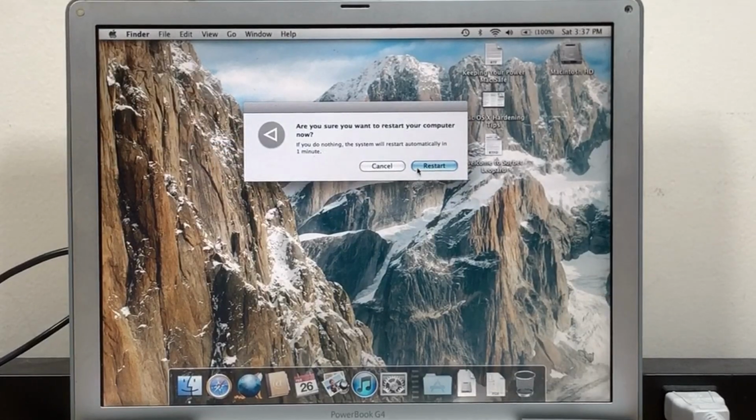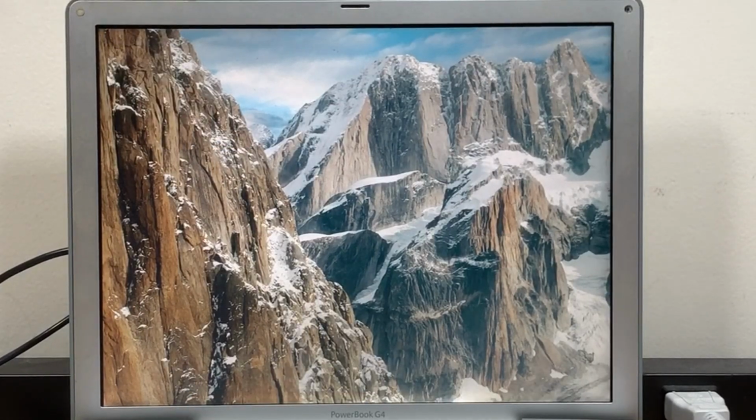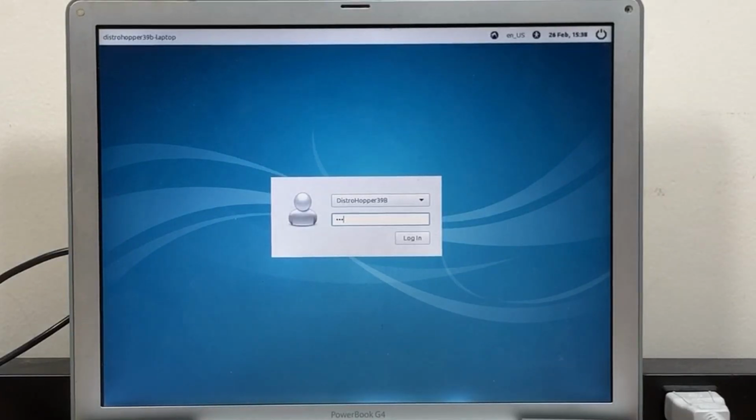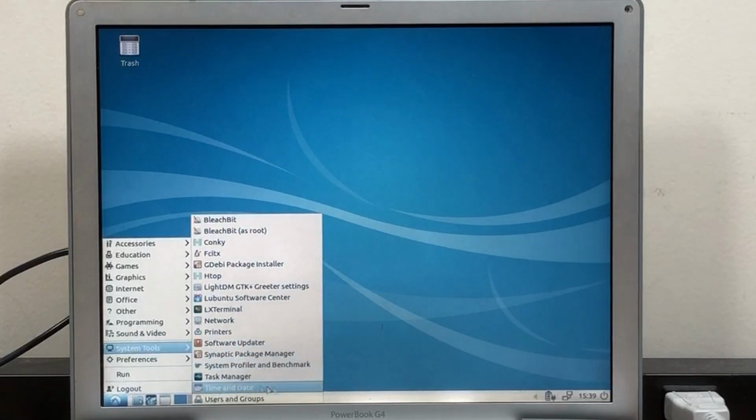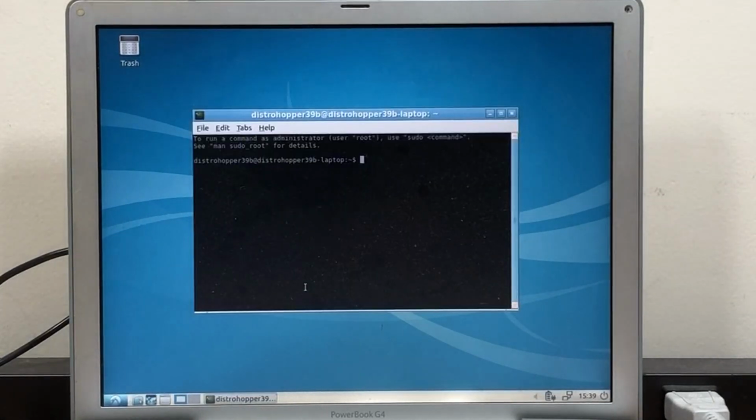Now I'm going to reboot back into Linux and see if I can get a better look at the hard drive. L for Linux. Enter. Alright, we're booting in. Alright, here we are. So, I'm going to go ahead to the terminal here. I'm going to type sudo apt update.